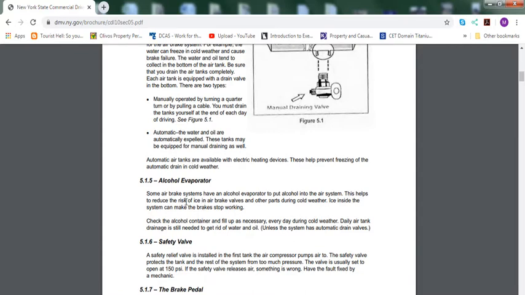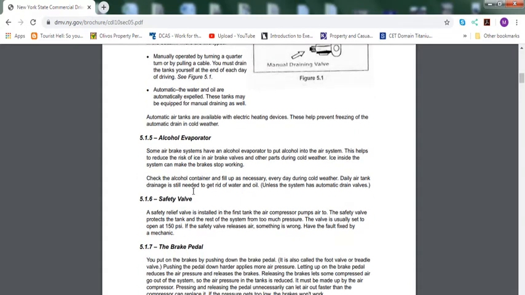Alcohol evaporator. Some air braking systems have an alcohol evaporator to put alcohol into the air system. This helps to reduce the risk of ice in air brake valves and other parts during cold weather. Ice inside the system can make the brakes stop working. Check the alcohol container and fill it up as necessary every day during cold weather. Daily air tank drainage is still needed to get rid of water and oil, unless the system has automatic drain